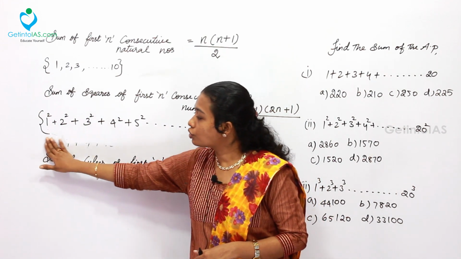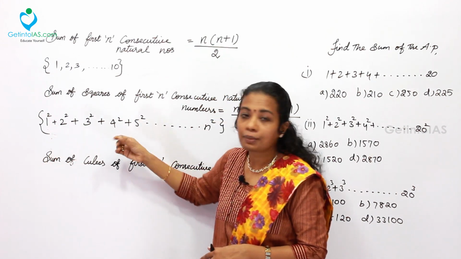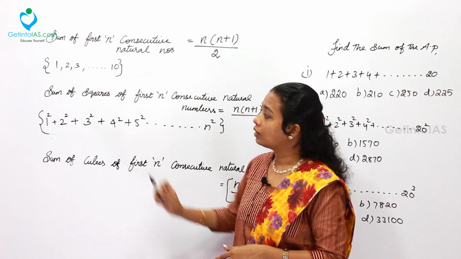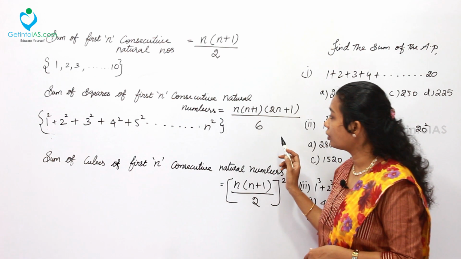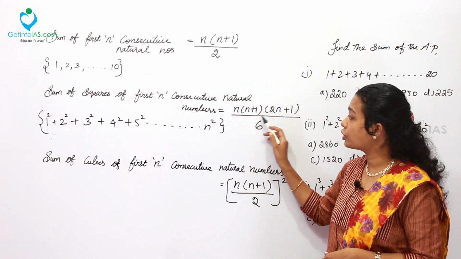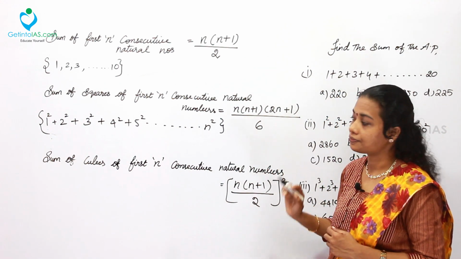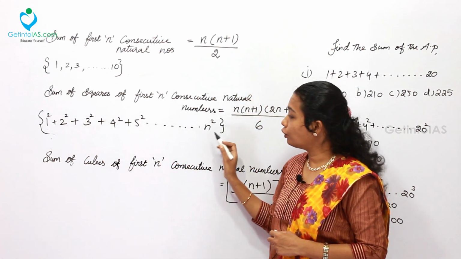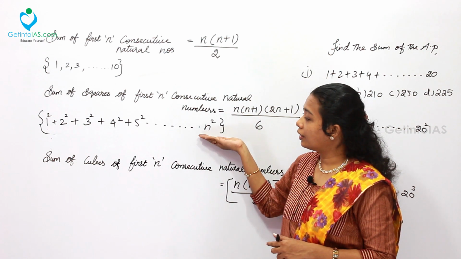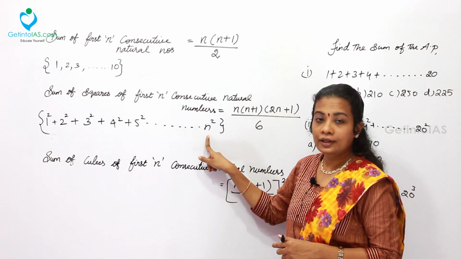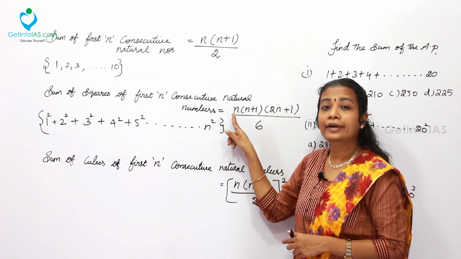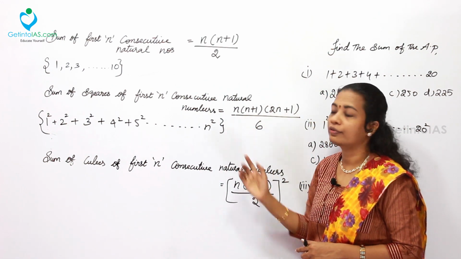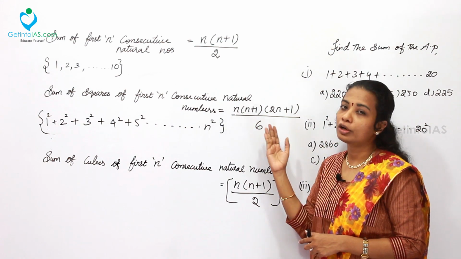So everywhere it is 1, so it is also coming under the arithmetic progression. This is to be noticed very carefully. Then we have a specific formula for that also, that is n into n plus 1 into 2n plus 1 by 6. Now we can say 1 square plus 2 square plus 3 square up to n square. So if it is given 5 or 10, you can substitute n is 10 or n is 5, that is the last term value you want to take, and solve and find the answer. There is no alternate formula for this.